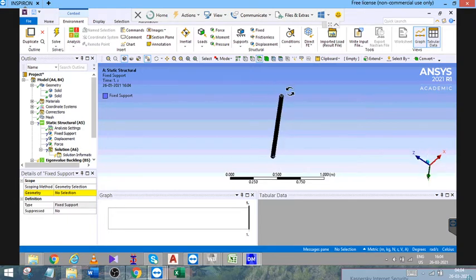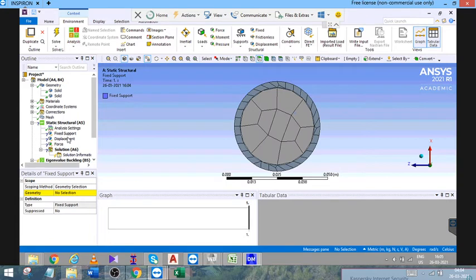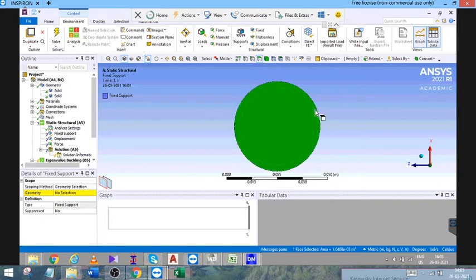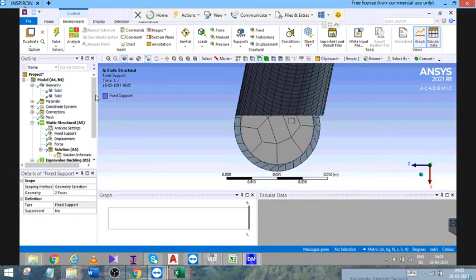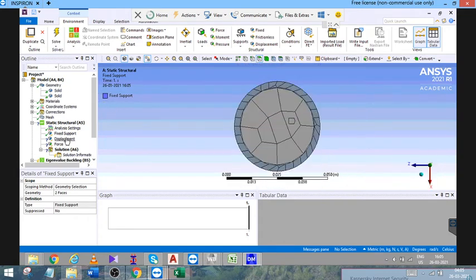The hinge condition is where the load is being applied. So now we are going to specify the fixed support. Click on the fixed support, and here select the surfaces which are to be assigned as the fixed support.